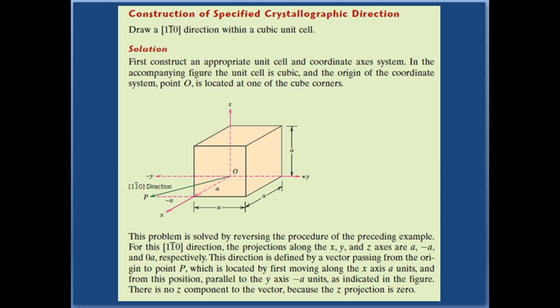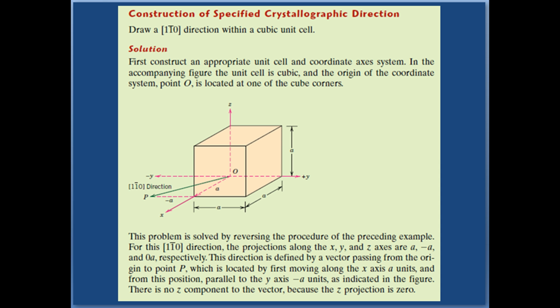For solving this problem, you are supposed to follow the procedure that we have already discussed. A crystallographic direction is defined as a line between 2 points, or a vector, and the steps that we utilized to determine the directional indices, exactly the reverse steps you are supposed to utilize for determining the direction based on the indices. And what is the procedure?